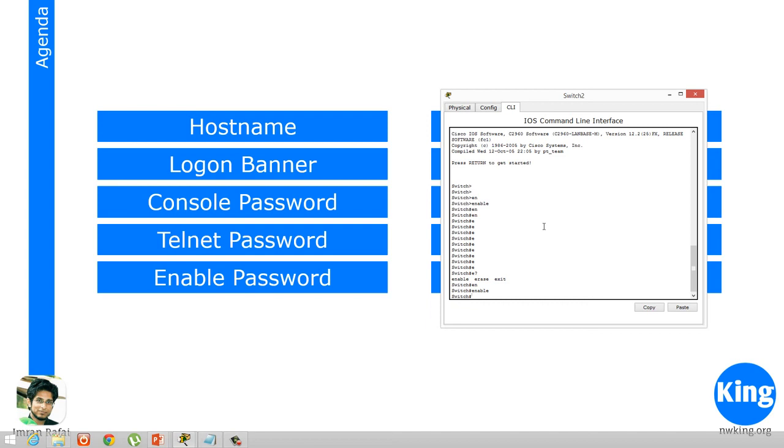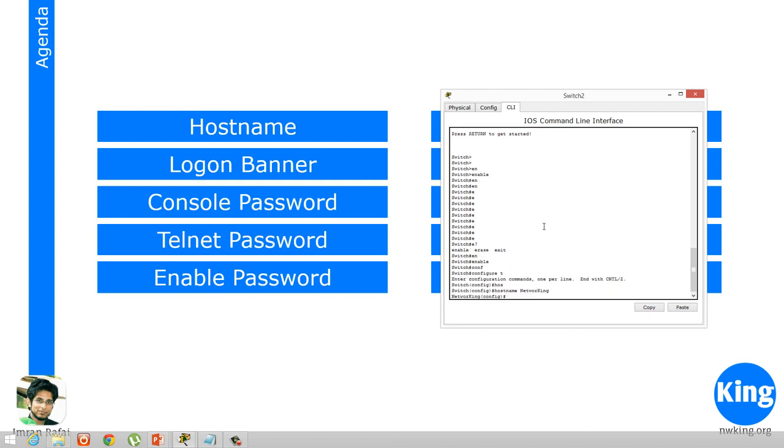Now hostname is a change that is applicable to the whole device, so it has to be made from the global configuration mode. So we go into configuration mode by typing configure terminal. You could, like I said, make use of the shortcut conf t, which is config terminal. So I would go here. If I want to change the hostname, I type hostname, and then let's say I put